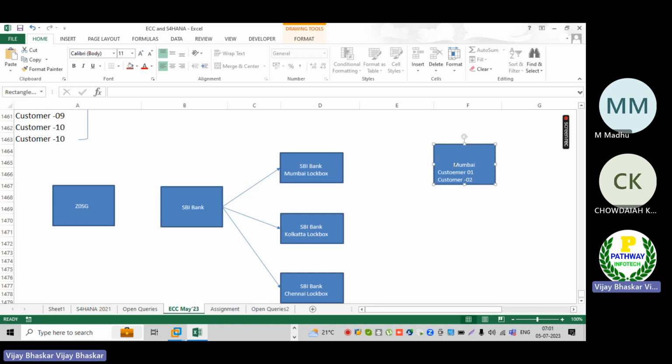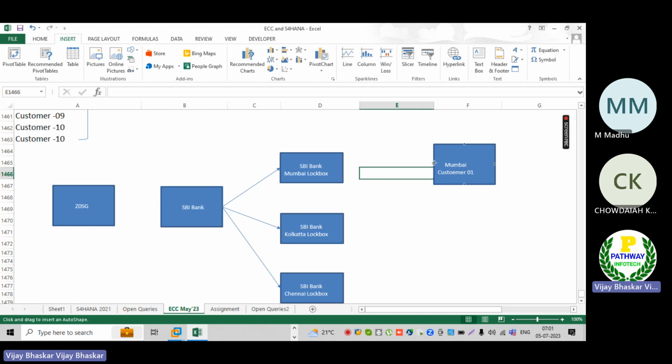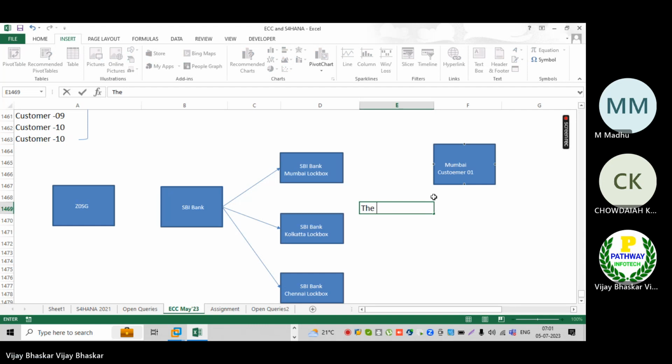All the customers, the moment they want to make the payment, what will they do? Initially the process would be, instead of preparing manual checks, all the Mumbai customers will prepare the checks,